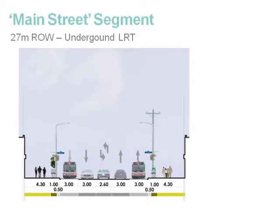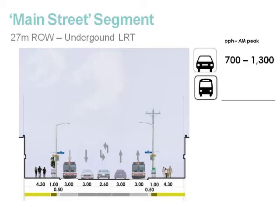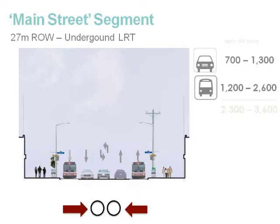The existing conditions have about 5 lanes of traffic. 2 of those are typically reserved for buses at any given time, typically during rush hour. The center lane is a turn lane, and then really you're left with about 1 lane of traffic in either direction, carrying anywhere from 700 to 1,300 people an hour, but then incredibly 1,200 to 2,600 by bus, for a total capacity of anywhere from 2,300 to 3,600. So again, the big opportunity here is we're putting in the LRT underground, which means that these buses become redundant, go down there, and frees up that space,